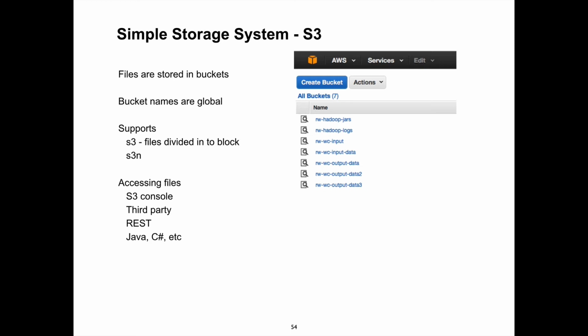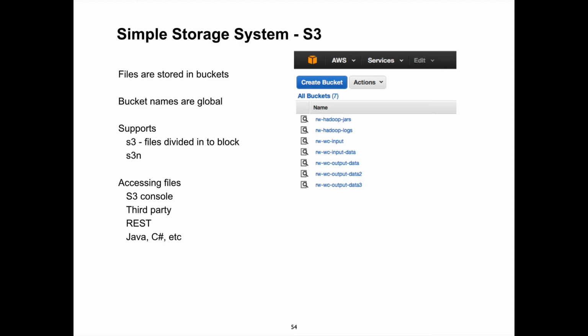You create buckets, and the bucket namespace is global, which is sort of weird, which means everyone using S3 shares it. It's like Gmail, right? There's one global namespace for all Gmail accounts on the planet. How does that work? They do the same thing, right?